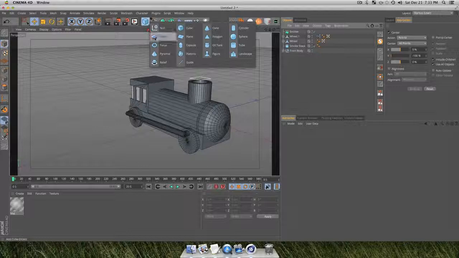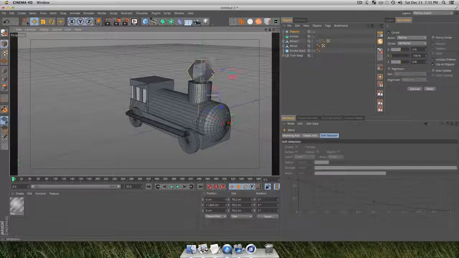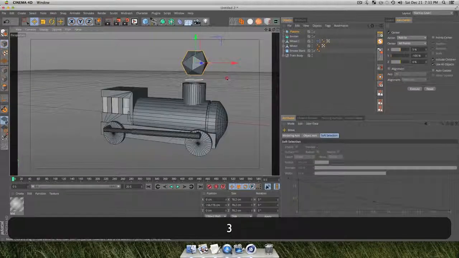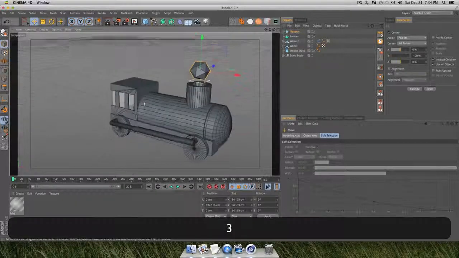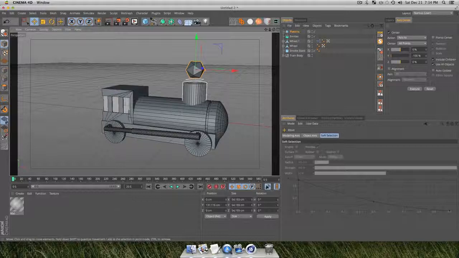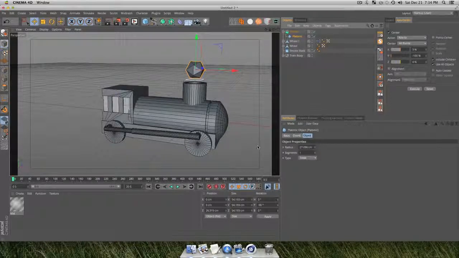Next, go into primitives and drag a platonic out of the little selection, and check your size and see if it looks right. Each of these platonics is going to be one of the particles that will be coming out of this emitter. So now drag your platonic or whatever object you chose into your emitter,